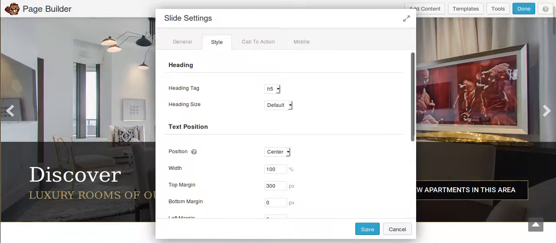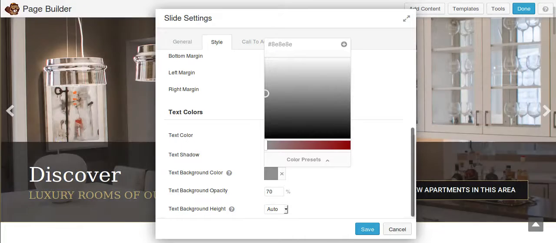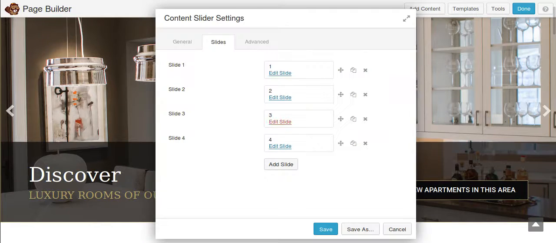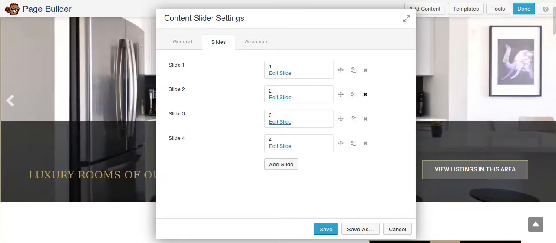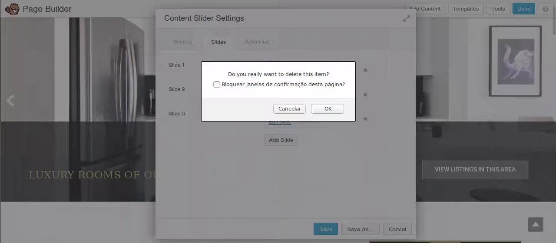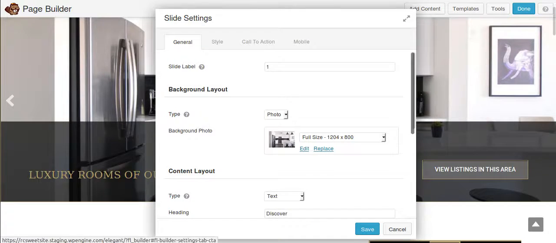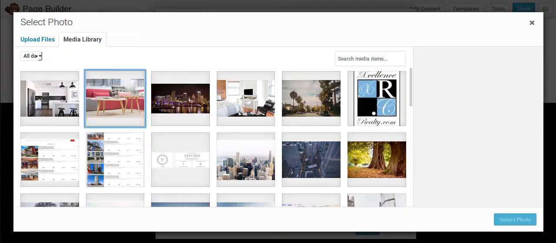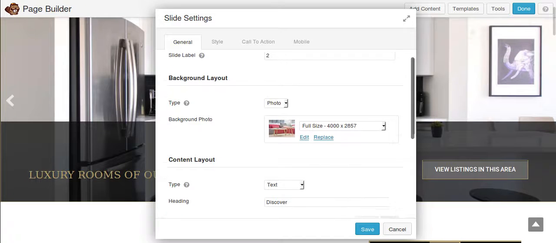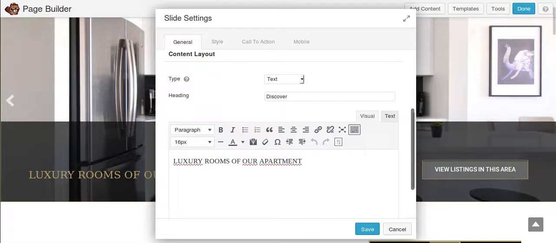So we'll go back to this first slide and say, well, on the styling, we'll set the color back like it was. And then we're going to go edit slide 2, or we're going to delete slide 2. And slide 3 and slide 4, we'll delete all 4 of those slides. And when we click the duplicate slide icon here, then we'll change this to slide 2. And we'll go find another picture like this one. You pop it in there, and